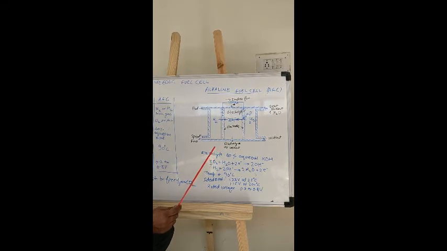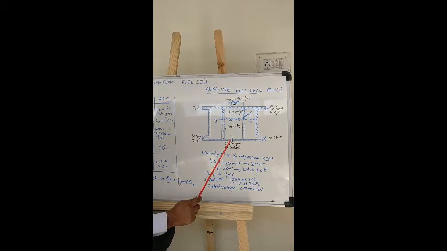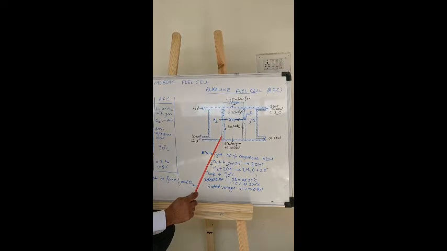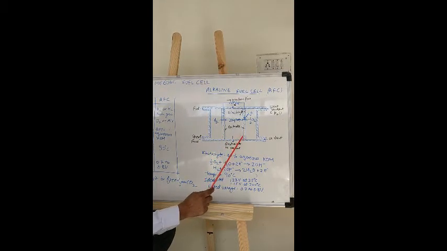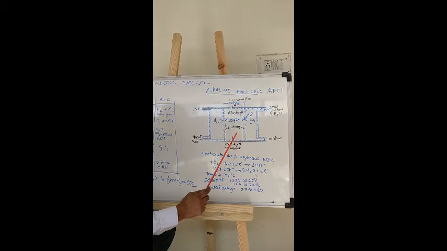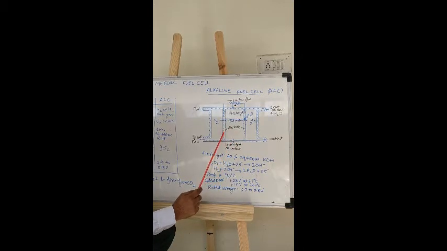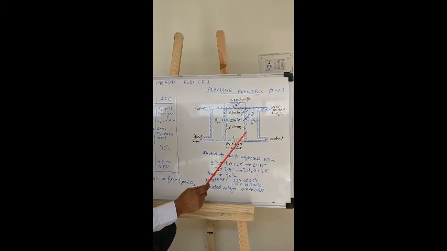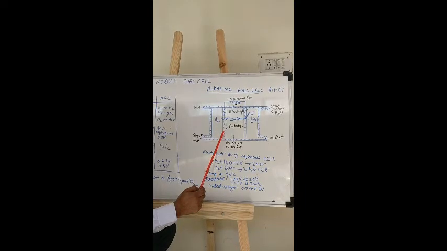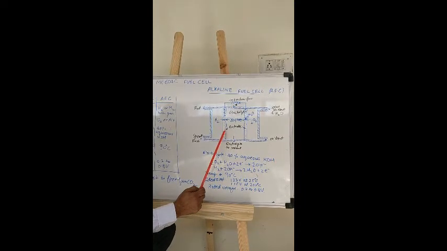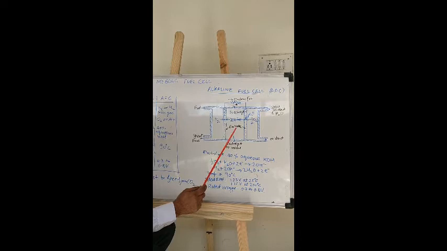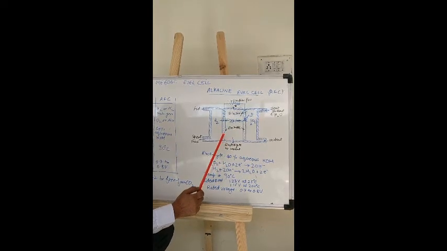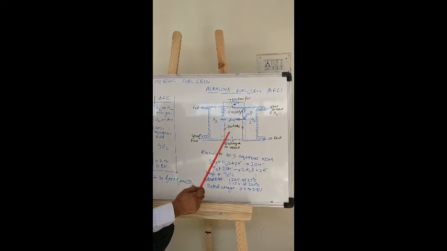In order to increase the activity, chemical reaction to be taken place within this cell, the coatings of nickel and silver are provided on these two electrodes. That means negative electrode is coated with nickel, whereas positive electrode is coated with silver. The best material available for coating is platinum, but since it is very costly, that's why these two materials, nickel and silver, are used for coating of these electrodes.